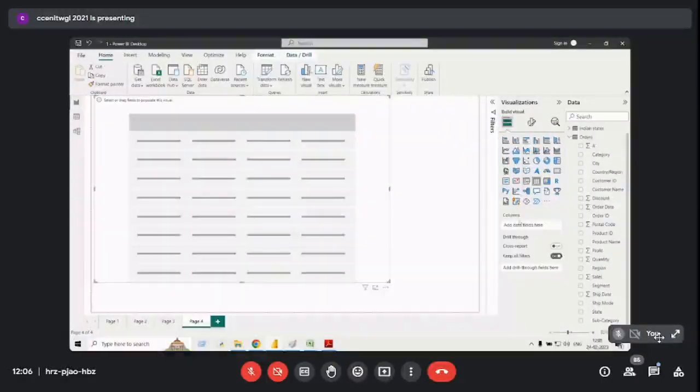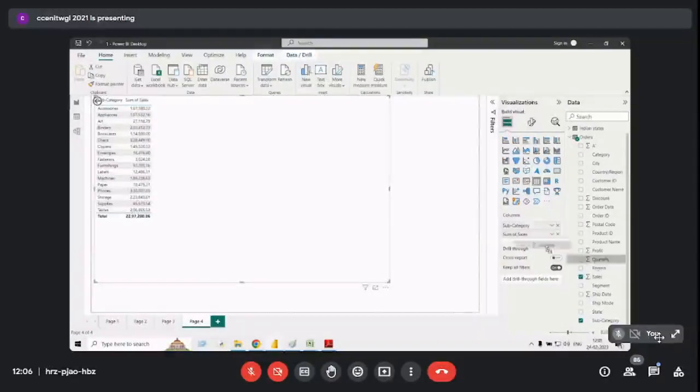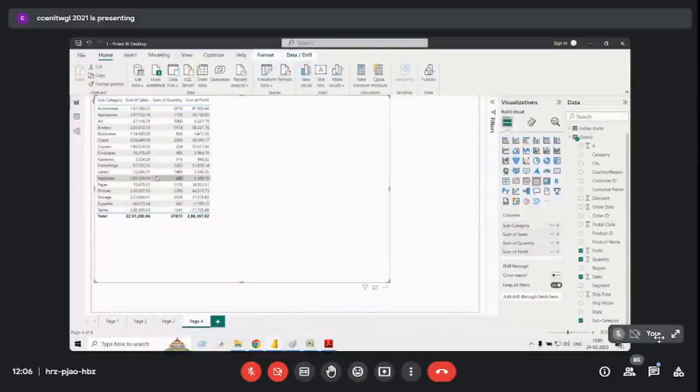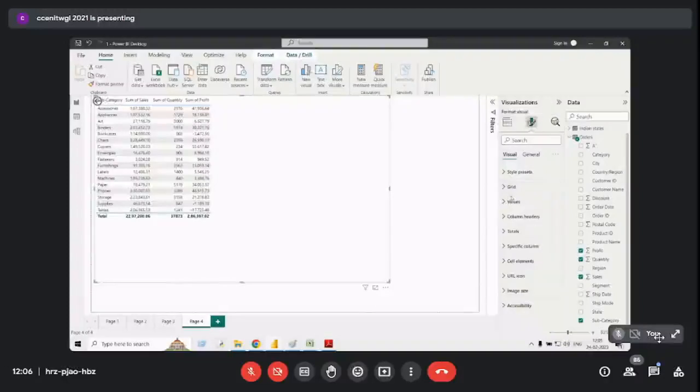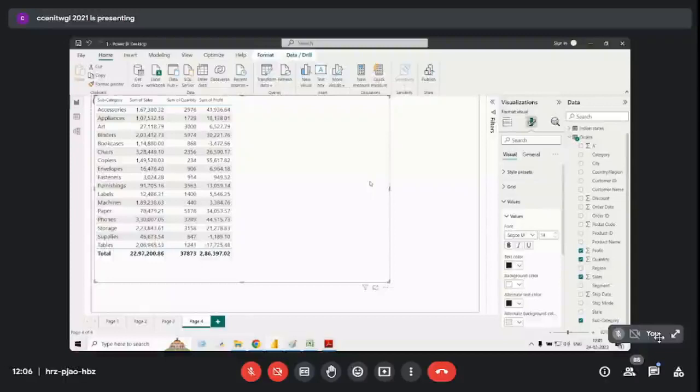Add columns. I'll bring subcategory, sales, quantity and profit. Increase the size a little bit. So this is the basic table insertion. Now suppose, for example, what I want to do is